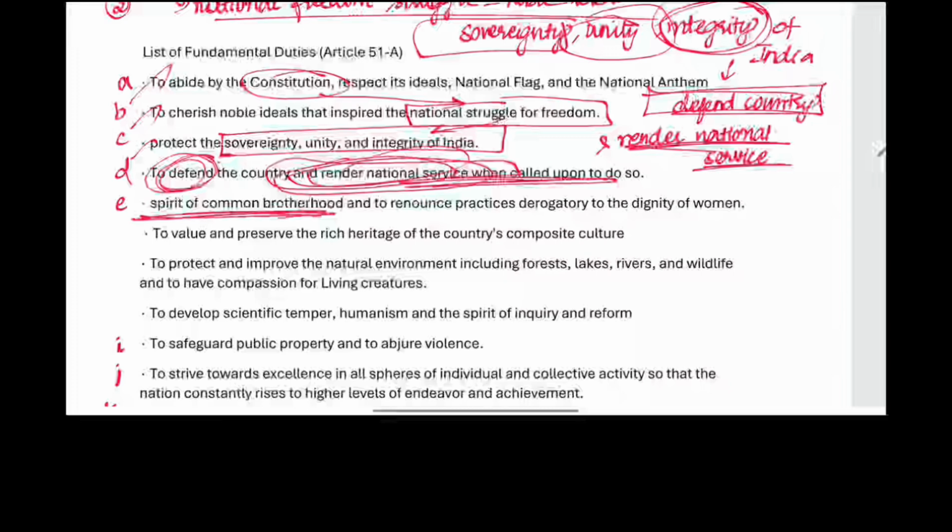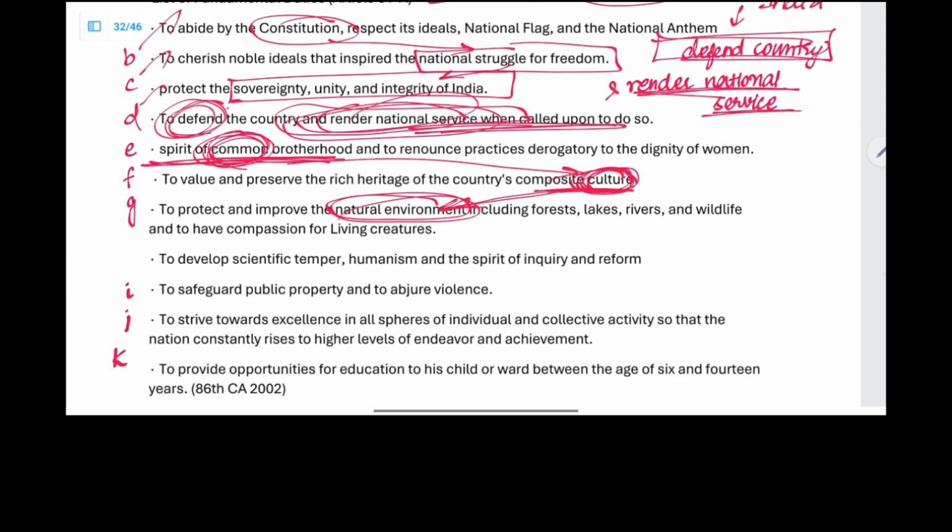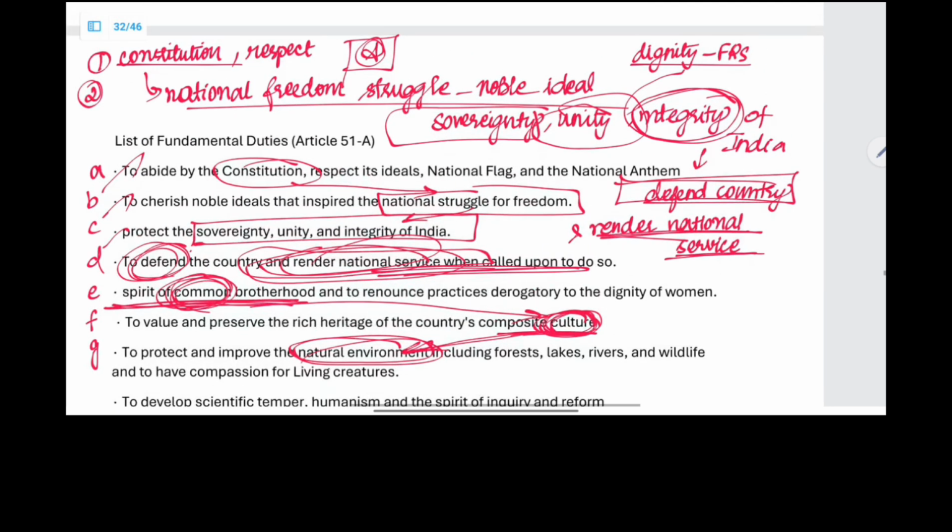Now, since we are a diverse country, what holds us together? Culture holds us together, right? Initially, when humans evolved, they started worshipping nature as a part of the culture. When we are common, what is the common thing? Culture is common and nature is a part of the culture. Now, E, F, G must be remembered as what is common: nature. Common is culture, culture is the natural environment, right? This is how we remember E, F, and then we have G.